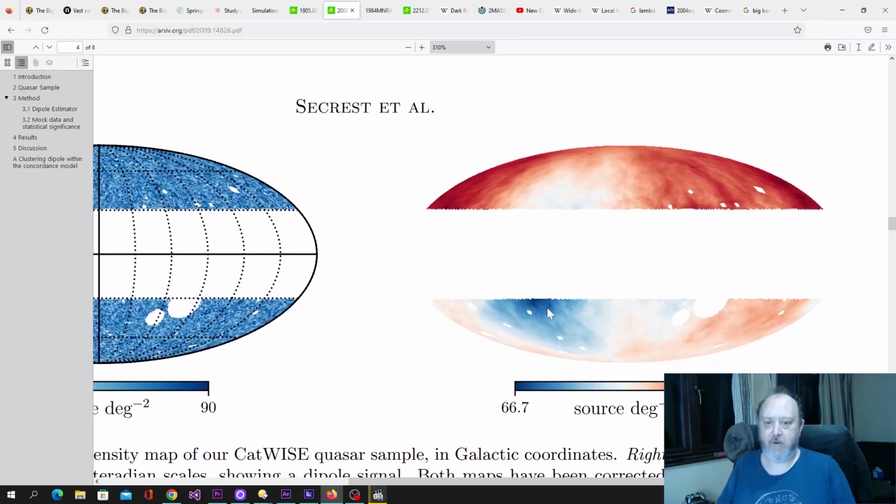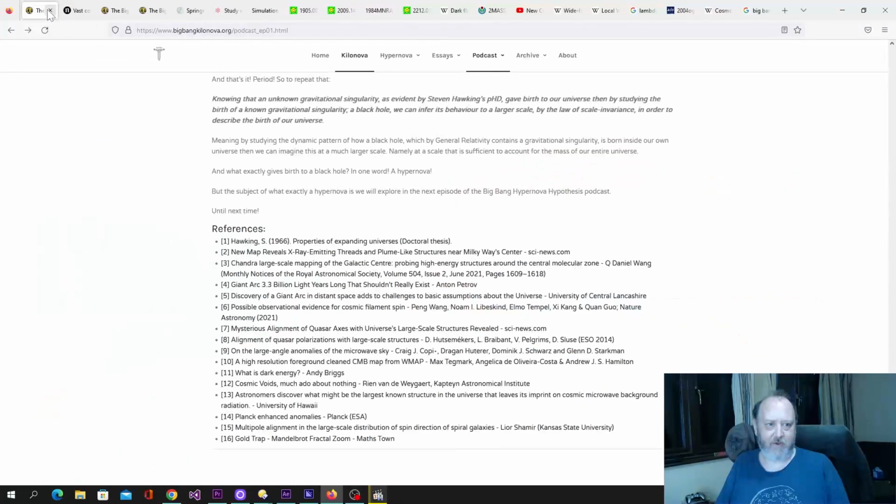So see how it's blue here, but I want to probably put these into two Mollweide projections, my Mollweide projector, and see what they look like. But effectively, you've got a blue dipole here, a red dipole more or less here. And so that's what their data set is showing, as opposed to